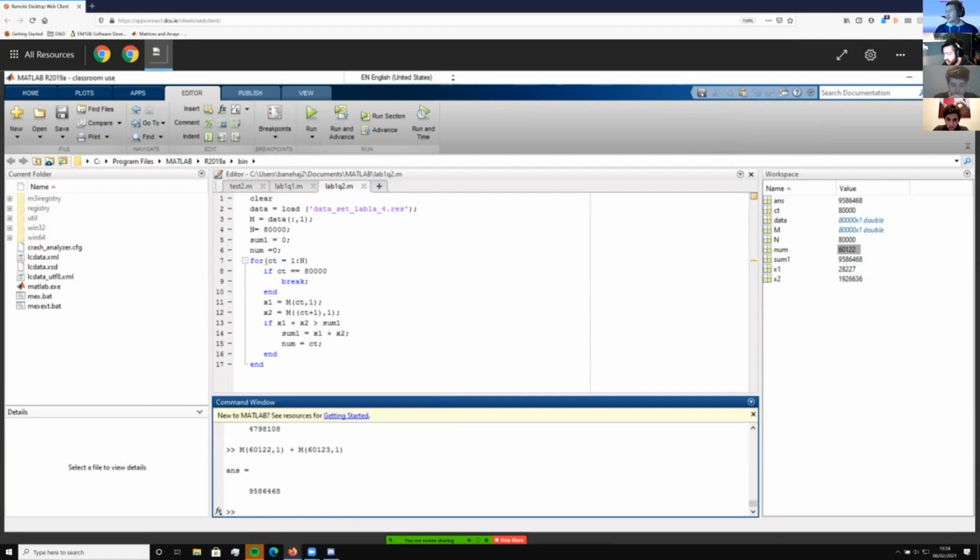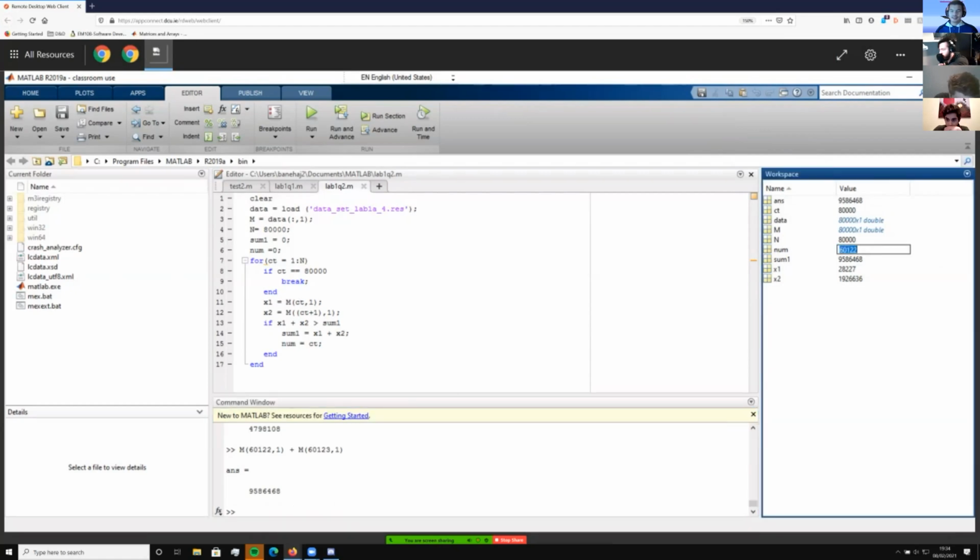I think that worked. Because if you see here, it's saying that for this value of n, for the 60,122nd term, that term and the next one, when you add them together, that's the greatest sum of consequential terms that you get. I think that works.